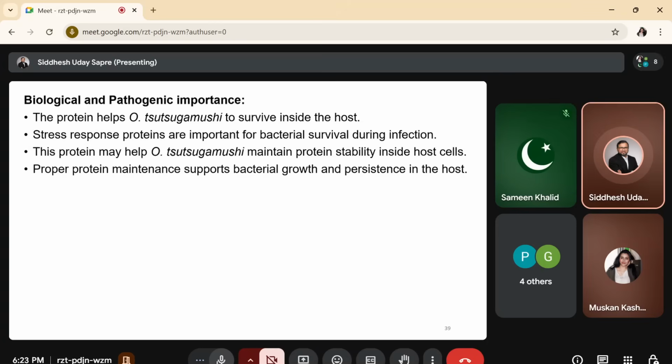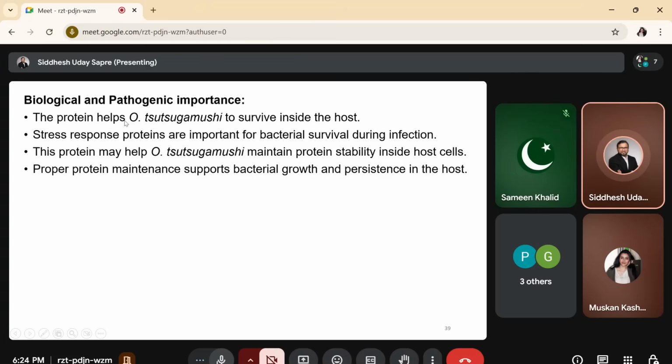Now, what is the biological and pathogenic importance? It helps the bacteria to survive inside the host naturally, because Orientia tsutsugamushi is a very slow growing bacterium. The doubling time of the bacterium is 9 to 9.5 hours. So it is very slow to grow, which is also why it needs this to survive inside the host,